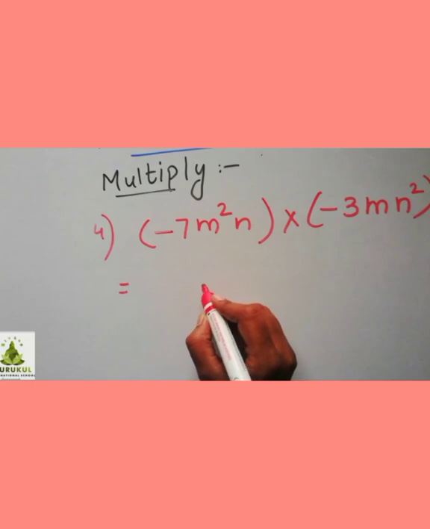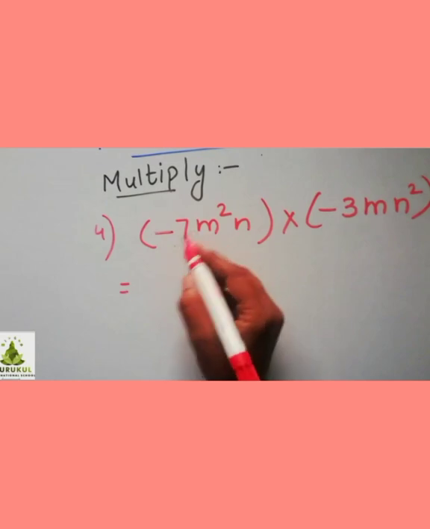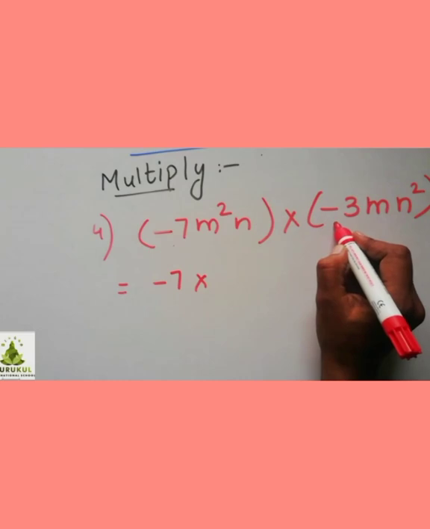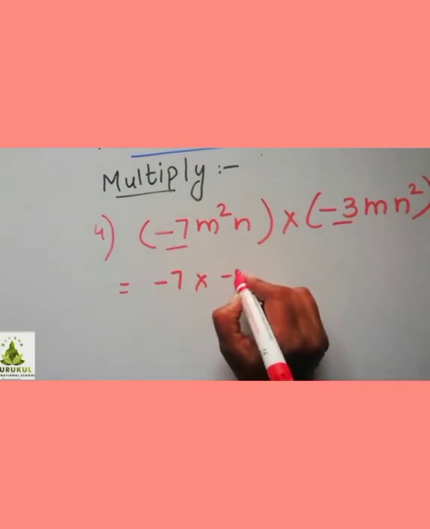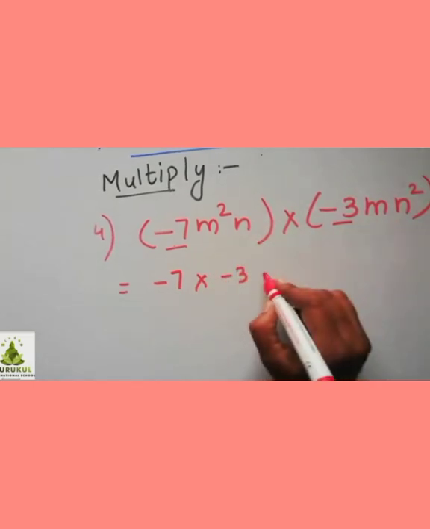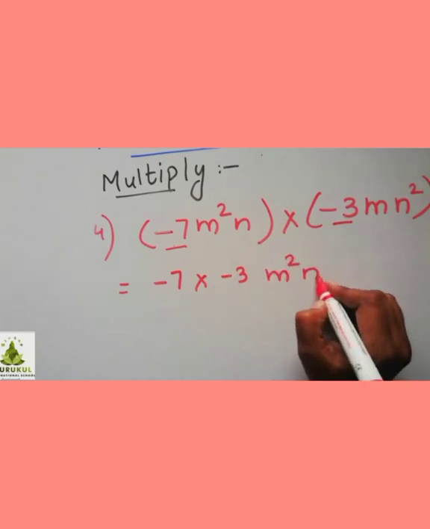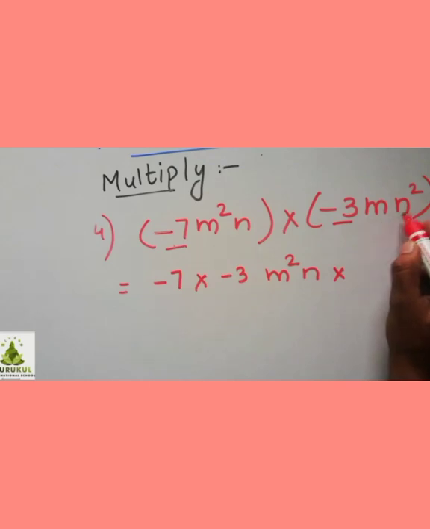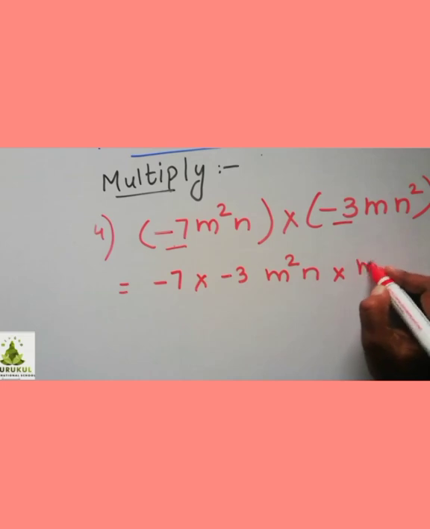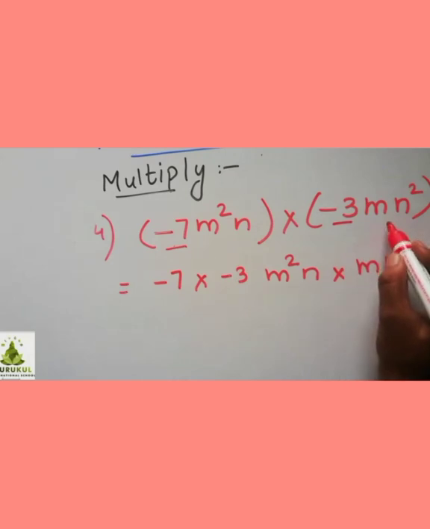Now see this here. So here this is the one term, this is another term, it is multiplied. So minus 7, the coefficient here is minus 7 into, take this coefficient also, and multiply minus 3. So this is our multiplication of coefficients. Now multiply the variables. Now here it is m square n, I can write here m square n into mn square. You can split up and write, or you can directly write as it is, no problem. Mn square also. Is it clear to you? This I took here and this I took here.